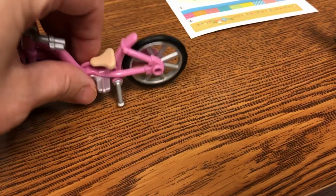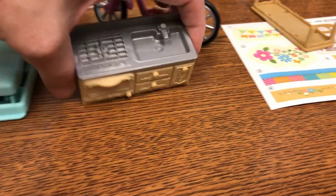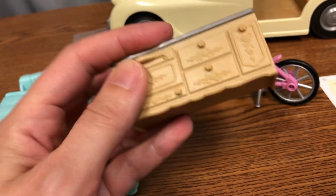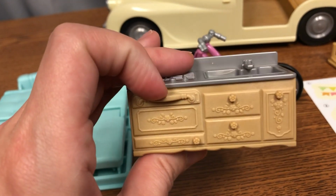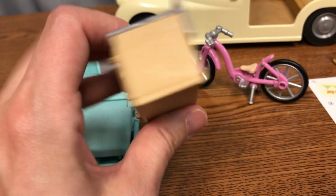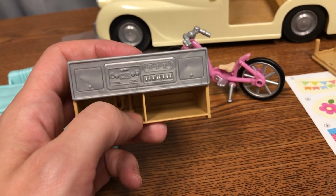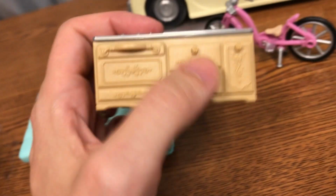Okay, what do we have here? Wow. My son was so happy when he got a bigger bike and it had a kickstand. Okay, we have a kitchen. Unfortunately, these do not open, and that's odd because they could. Calico Critters are known for having interactive drawers and whatnot, so that's really disappointing, actually. I feel like they kind of copped out on that. And I understand there's a console here, but they could have continued the console down a bit. I do like that they put the piping detail in, but yeah,